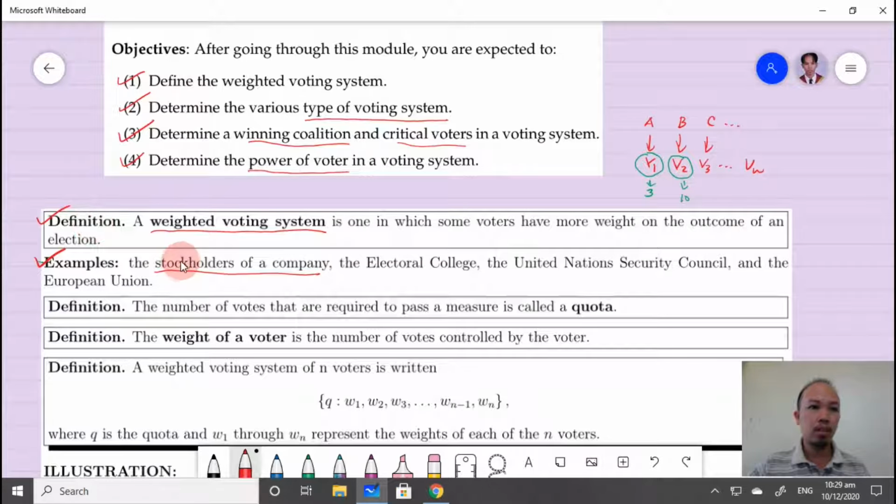So for example, if you buy 100 shares or stocks, then if the company decides to, let's write it this way, they plan